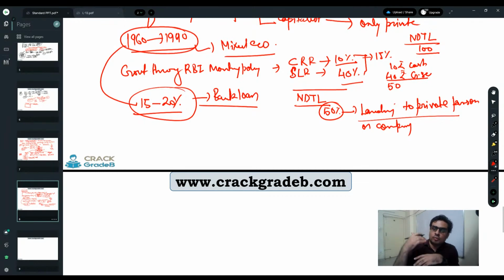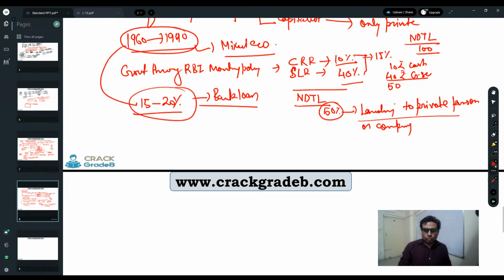Only then they will go for bank loans, right? So bank loans means what? You are financially destroyed, that is why you are going to the bank to borrow the money. So if somebody is having a bank loan during that era, 1960s to 1990s, then you will be judged. You will be judged in terms of what, that person does not have any financial credibility. Stay away from that person. So that kind of mindset was in that era.